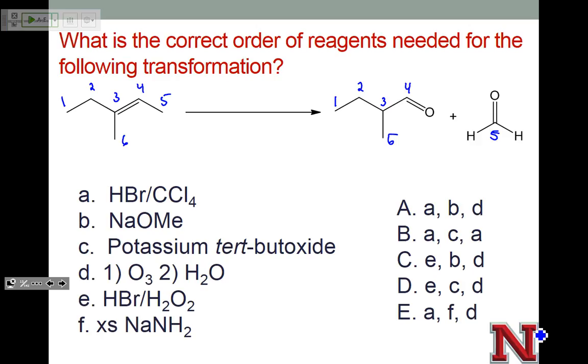We can do an addition. What can we add? And where is the bromine adding? On which carbon? Carbon 4. So if we add on carbon 4,